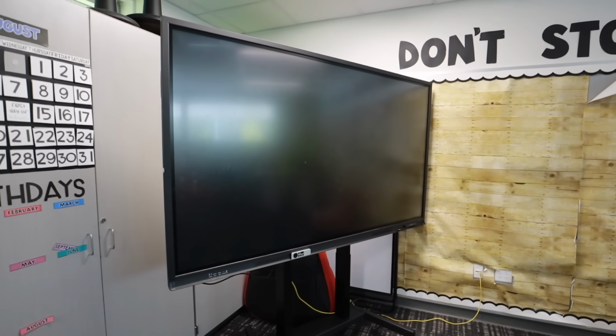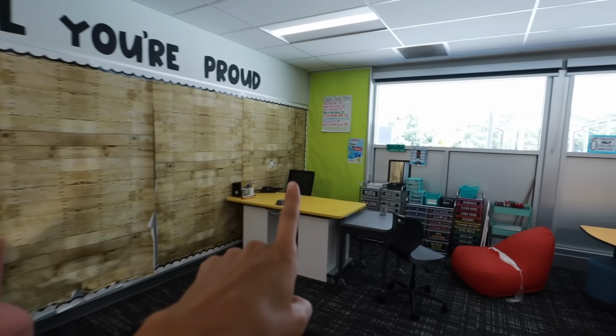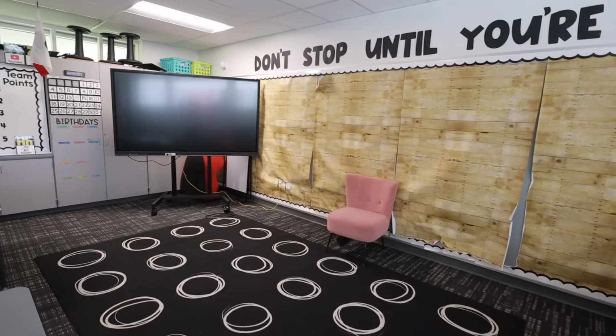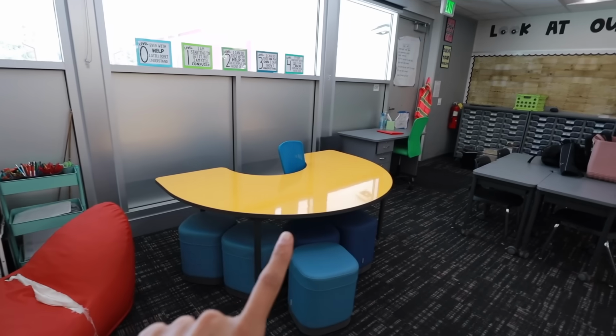I'm thinking that the TV, we're gonna put in this corner, and then all my teaching area, I'm gonna move to that corner. And we'll see what happens there, because then the next challenge is the small group table,